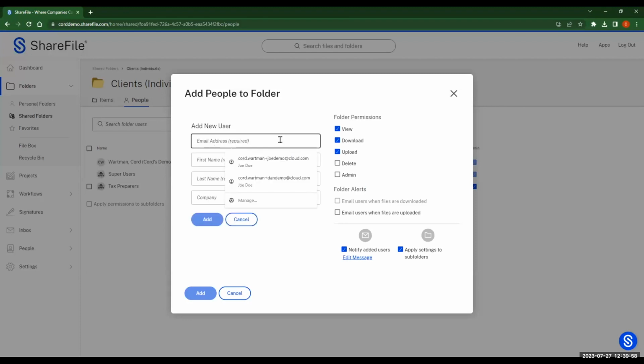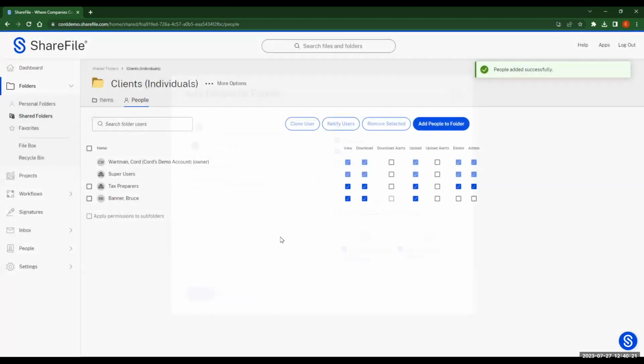So as long as you give them download and upload permissions, they'll be able to download and upload files from that folder. And as long as you have client consent enabled on the account, they can share files from that folder. Wonderful. All right, so Linda asks, if you set up a user profile with password and then ask them